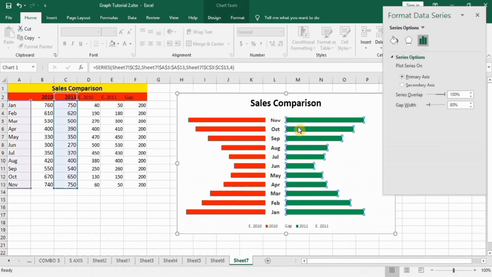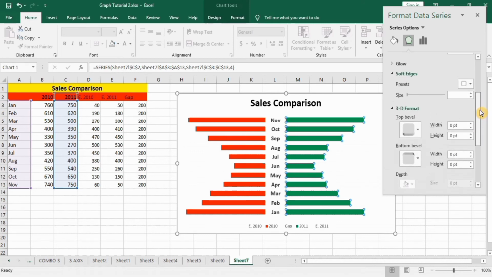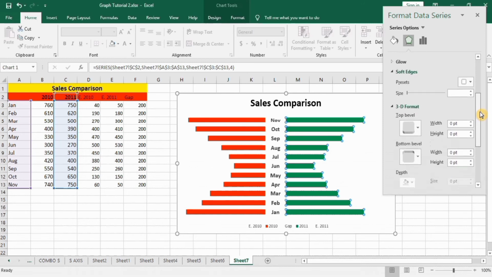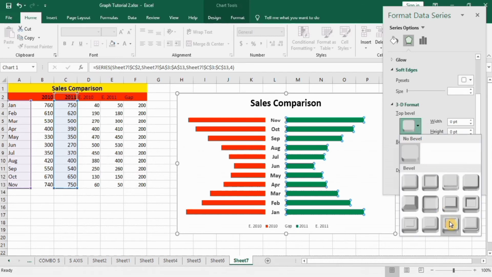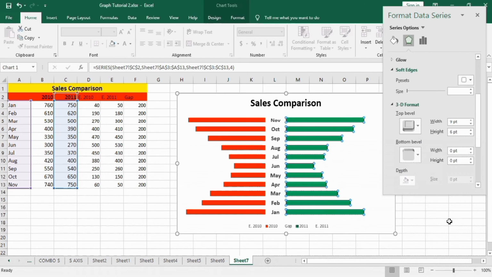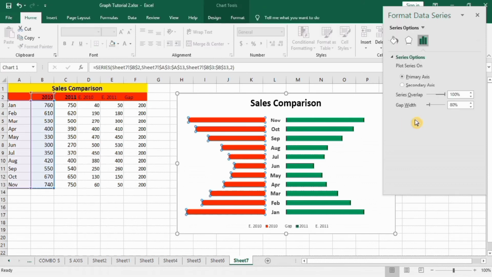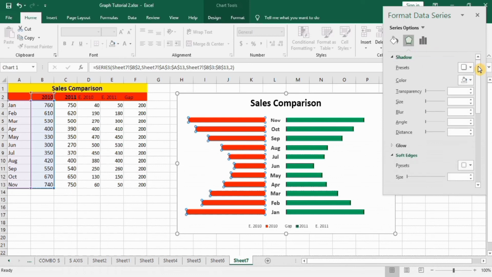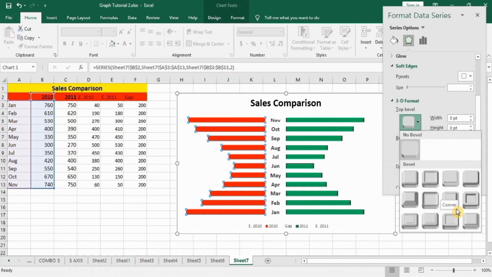If you want to insert a 3D effect, select these bars, go to the effects option, scroll down, and in 3D format go to the top bevel option and select hard edge. Similarly, select the other set of bars, go to effects options, scroll down, and in 3D format select the hard edge option.